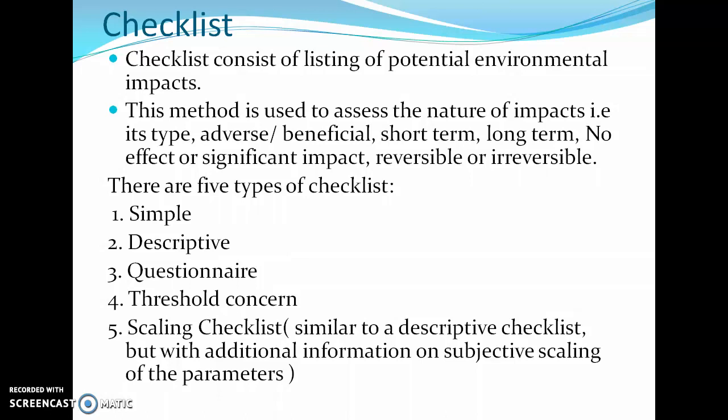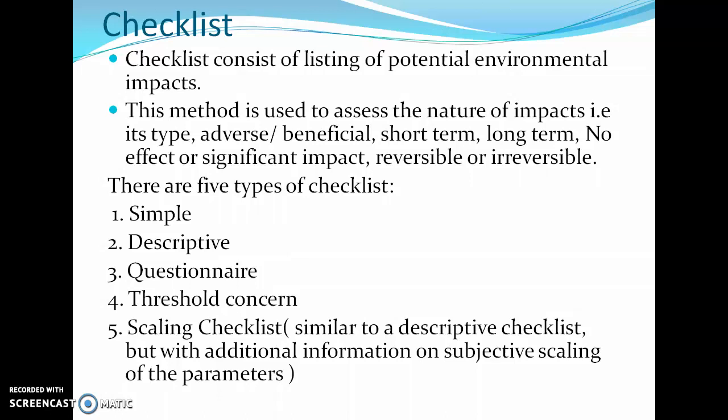Fourth type of checklist is threshold concern. Here also various potential impacts are identified, and then their threshold value is decided. Suppose for a particular environmental impact, the threshold value that is calculated, for the sake of understanding, is 10.